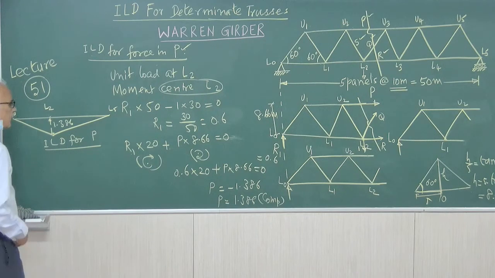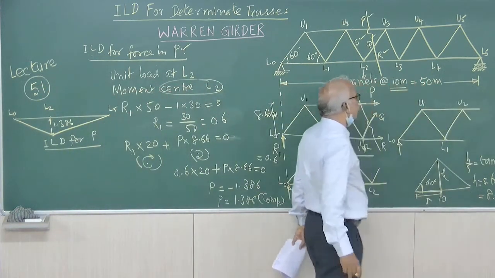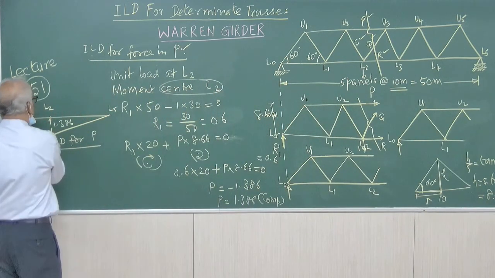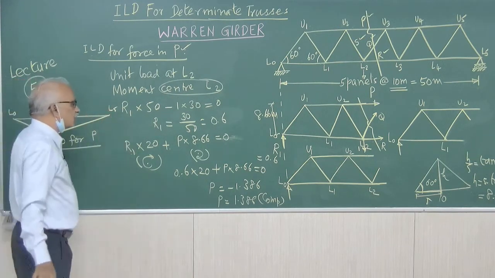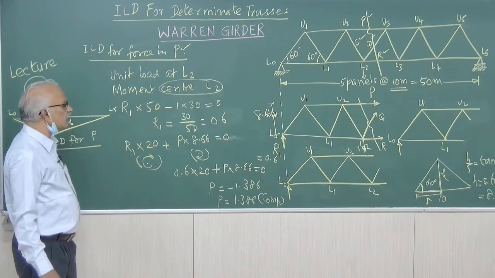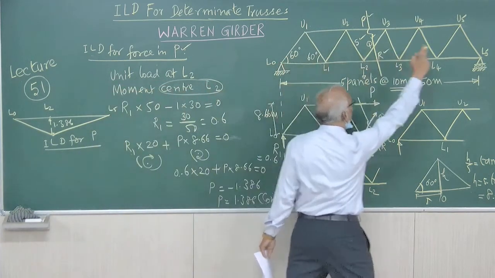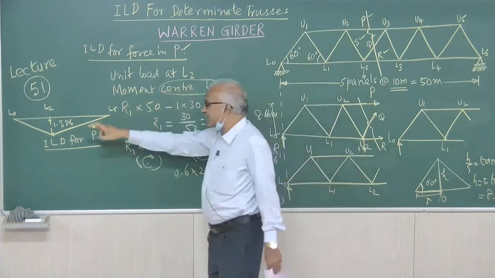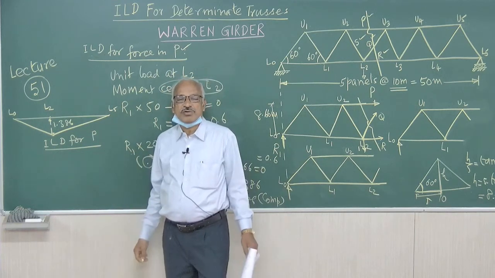Actually, it has to be drawn starting from L0 to L5, because I used to observe students drawing a small sketch, but when you write it as L0 and L5, that is understood. So, that is very important. That is about the influence line. Therefore, when the unit load varies from L0 to L5, the force in the member P will vary like this. Now, the next question is, what is the maximum force in the member P?